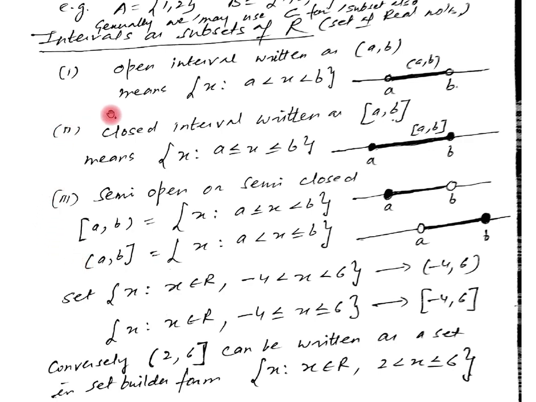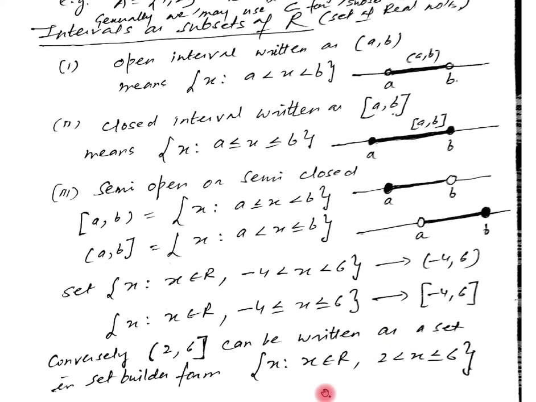When we are to represent real numbers, we are always using these intervals. This is all about today. Today we have learned what a subset of a set is, then what a proper subset of a set is, then the power set of a set, then the number of subsets of a set. Then in the last we have learned about intervals as subsets of R, where R is the set of real numbers. Now we have to do the questions from exercise 1.3 based upon the whole topic that we have discussed in this video.